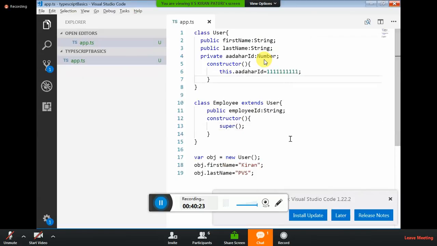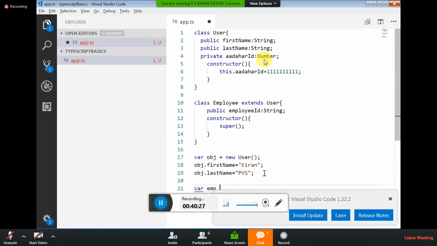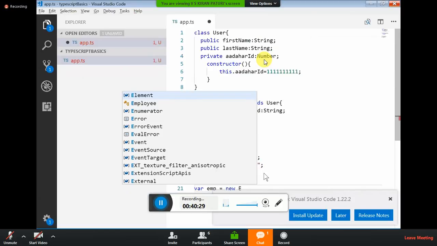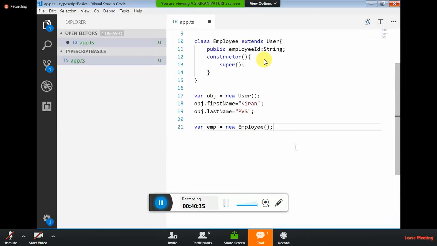Now, what is emp equal to new Employee? What is it? It is an object. Emp object for the employee. Save it.